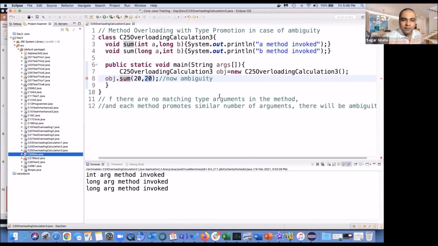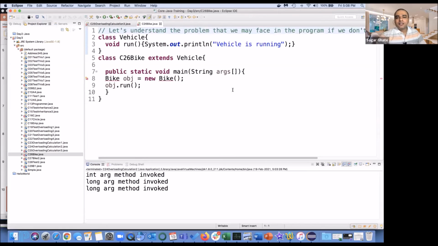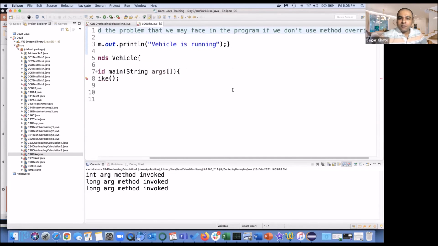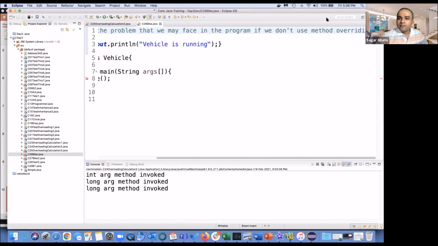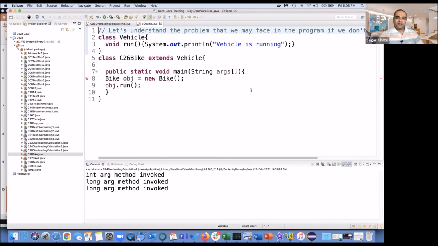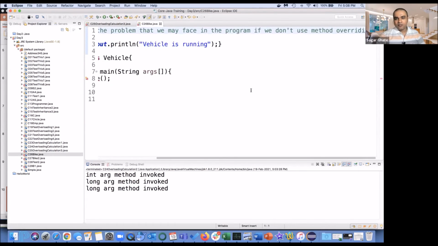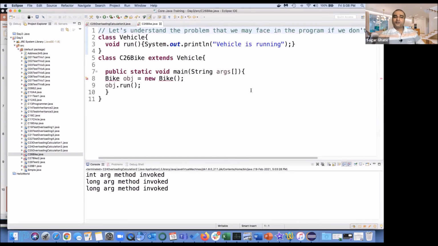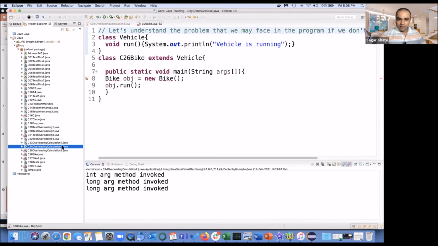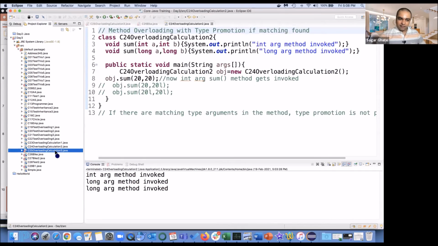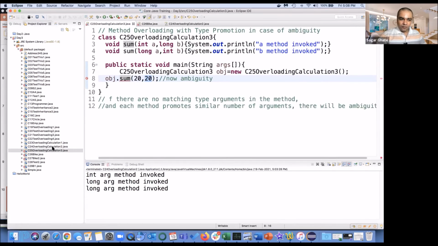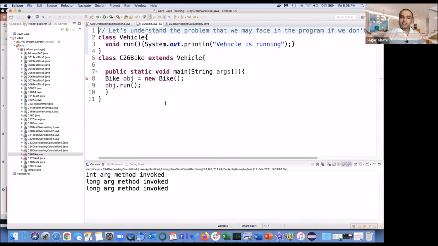We'll move to the next one. Let's understand the problem we face in a program if we don't use method overriding. Overloading is within the same class, and overriding is with respect to the is-a relationship in inheritance.